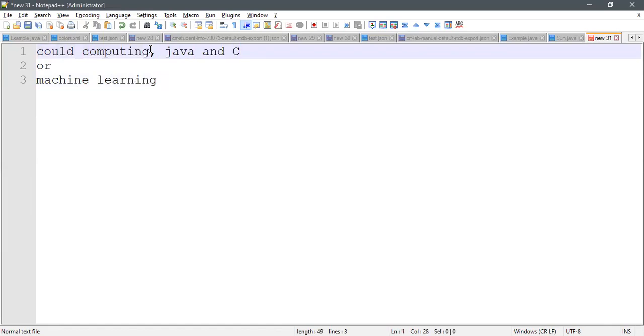We mention a hash over here, C sharp, or Java. So with Java and cloud computing, you will easily get 10 and above per year. If you learn machine learning, I think I can expect 20 and above, because it consists of Python.